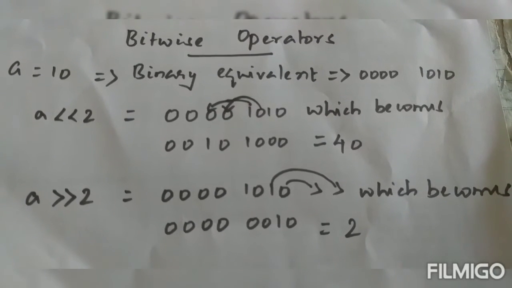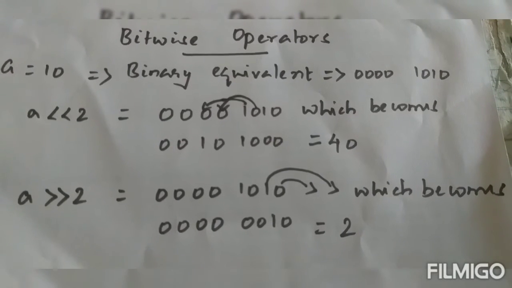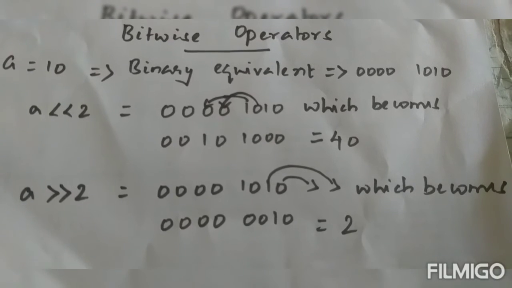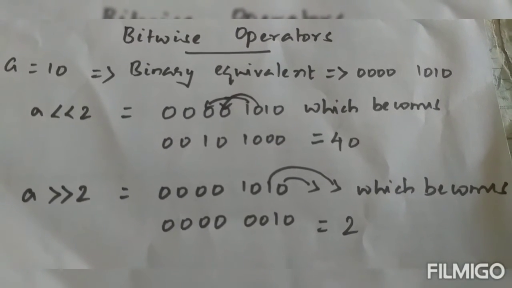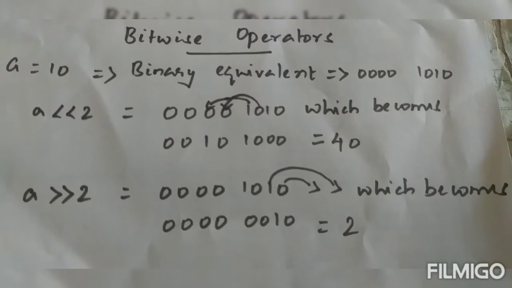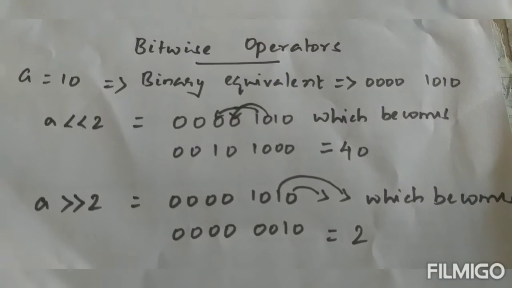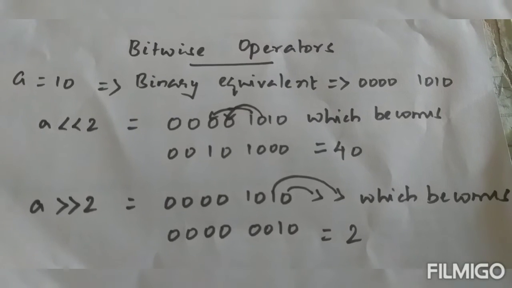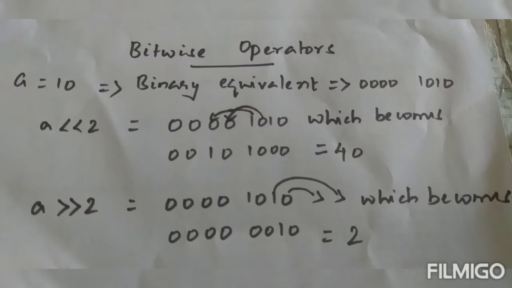Now a right shift 2. Right shift 2 is the same thing. The rightmost 2 bits are shifted out. So obviously the left side 1 0 bits will be shifted 2 bits right. So we get 6 zeros and 1 0. So there the decimal equivalent is 2. So that is all about the operators of Java. I hope you understand. So once again, watch the program and also compare the output with the explanation. Thanks for watching.